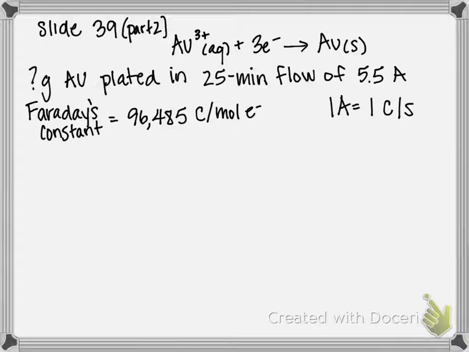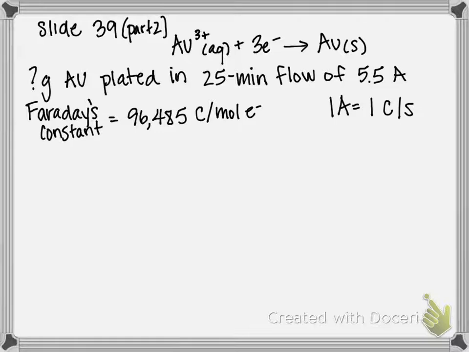And we're also going to be using Faraday's constant, which says that 96,485 coulombs are transferred per mole of electrons. We're going to use our half reaction, number of electrons, and we're also going to be using our molar mass